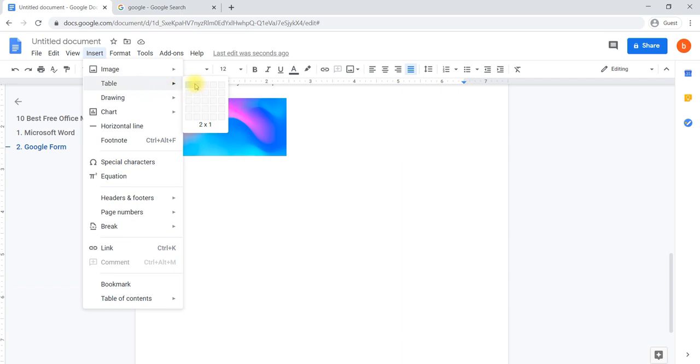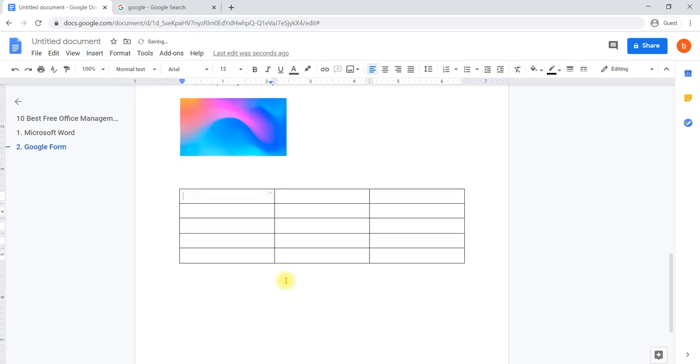In a table we can select the number of columns. As you are highlighting cells, you can see 3 by 1, in the sense 3 columns 1 row. If I select further, the number of rows keeps on increasing. The columns keep on increasing also. However many columns and rows you require, you can select that and it will be inserted. For example, I say that this is a serial number column. Here I have the name of the client, and here I have a mobile number.